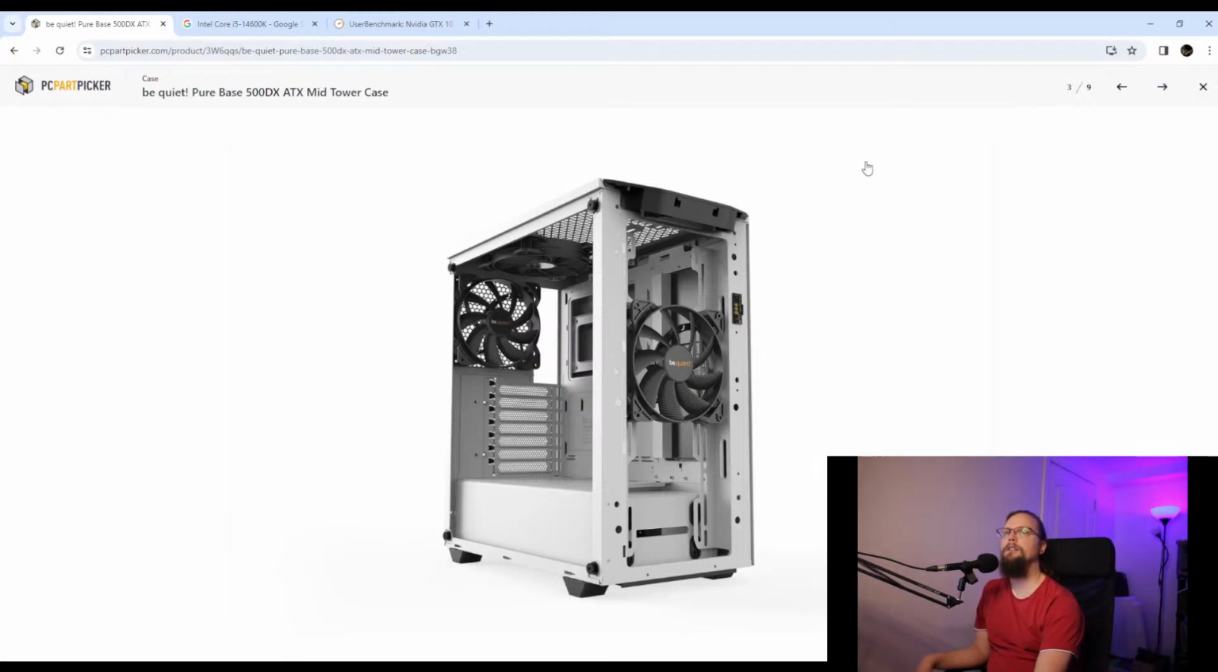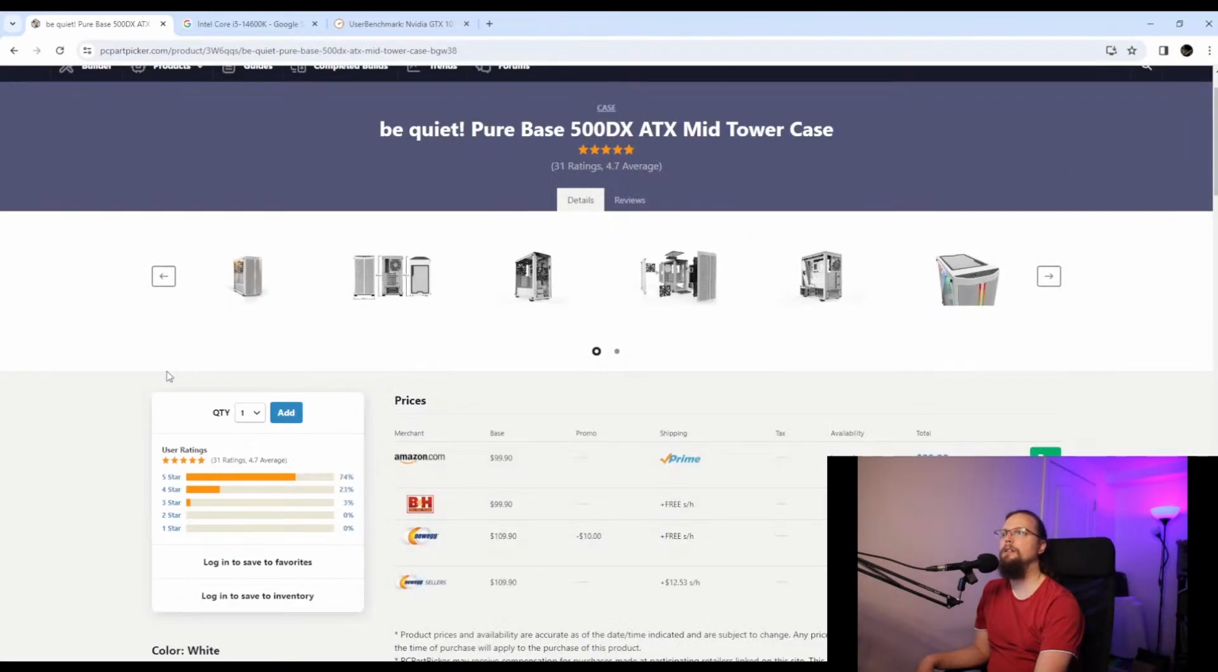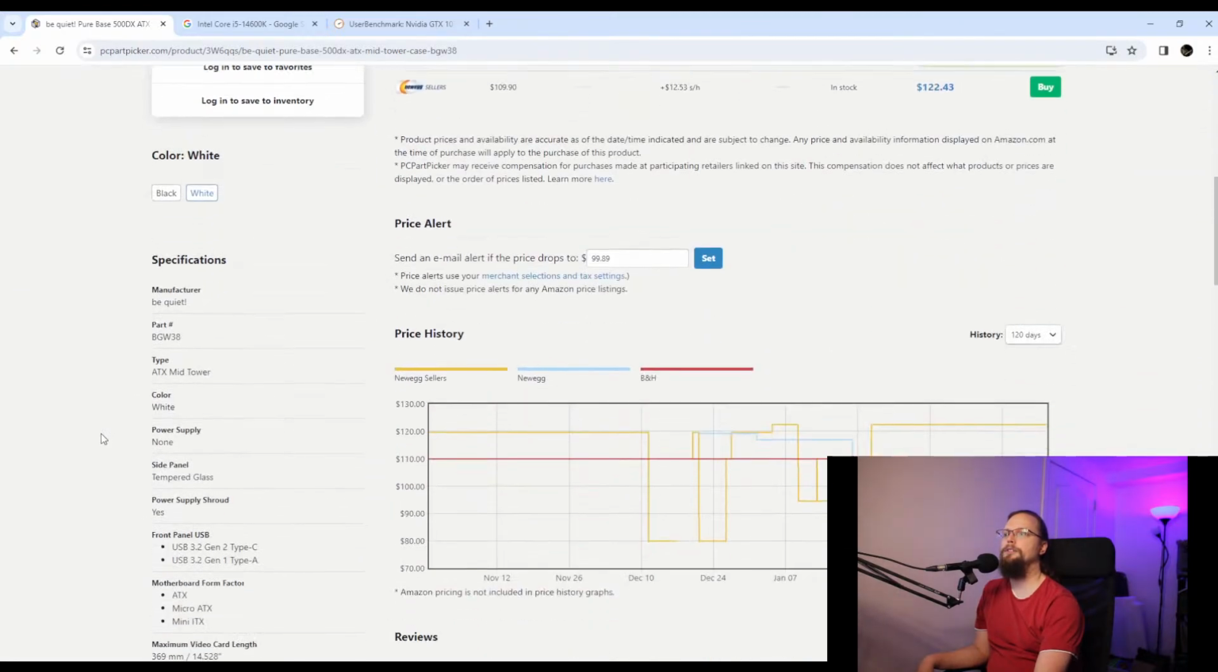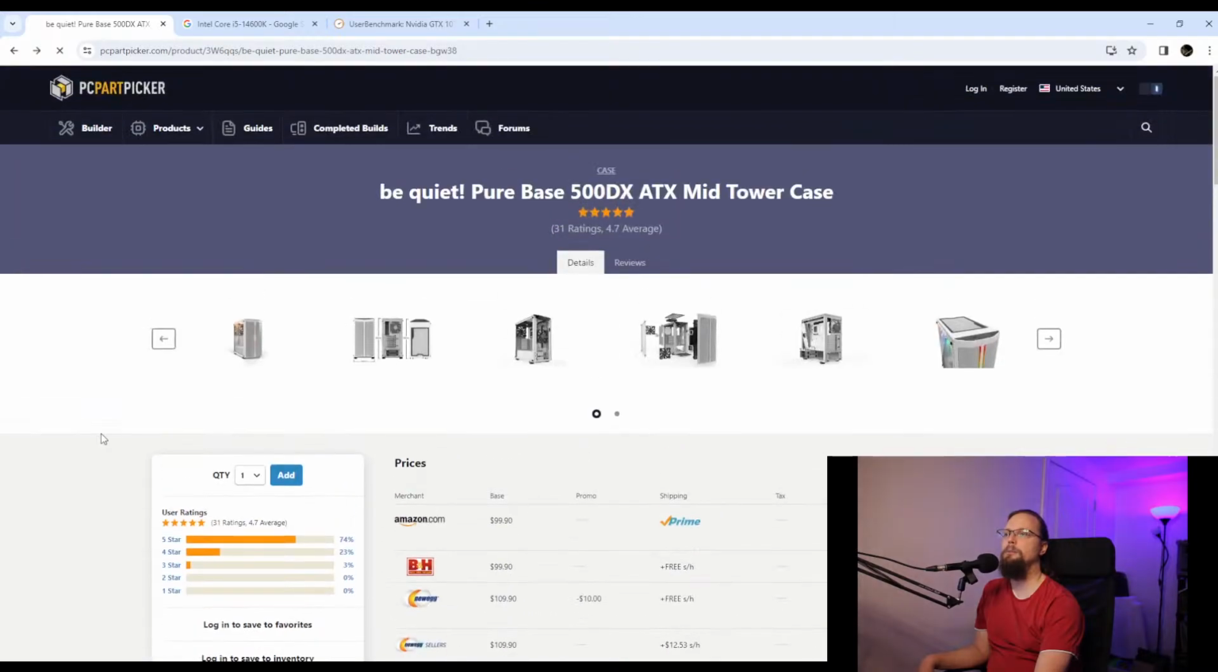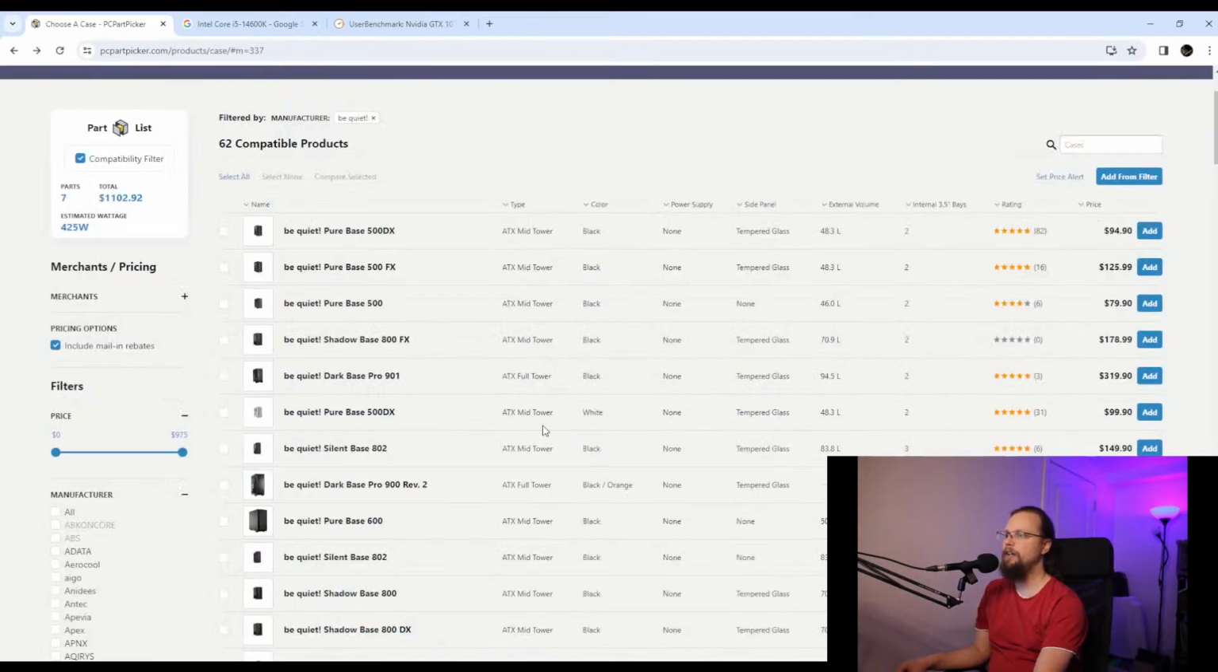Included fans is important, right? Sometimes you'll find a case that looks like it should be a good deal, but it is, yeah, it's like $100. Oh, cool. Oh, it doesn't have any fans. And yeah, the Be Quiet stuff